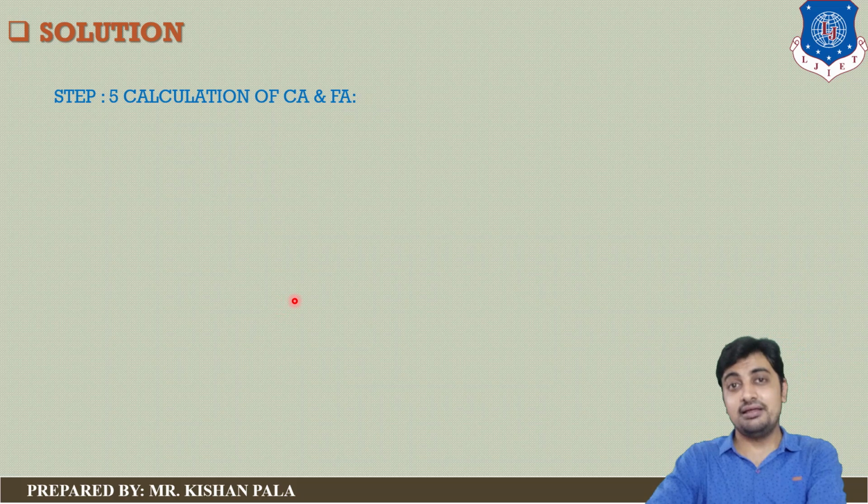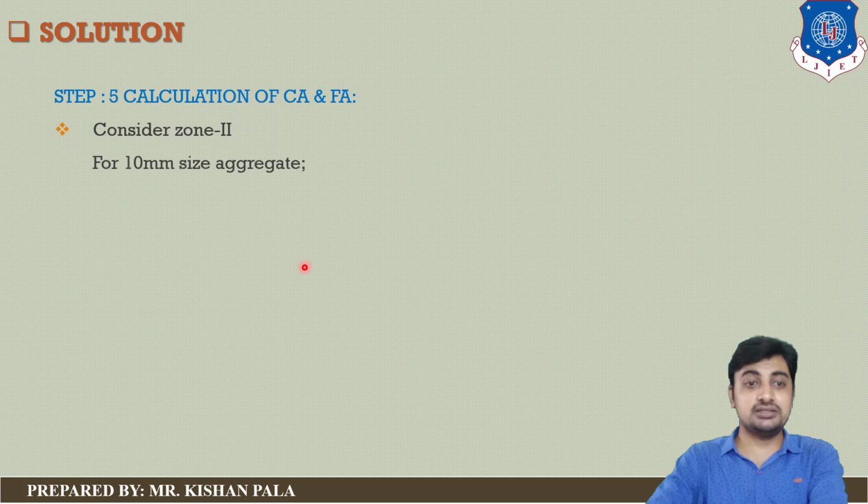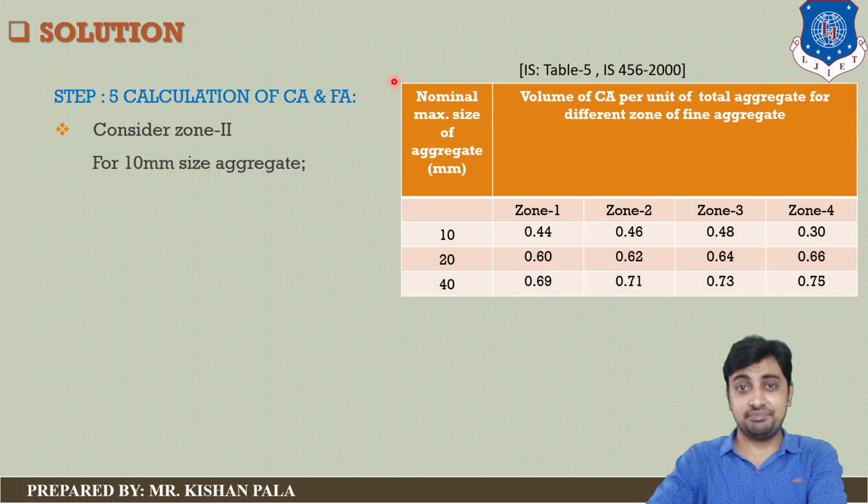In the data we have not been given the zone for this mix design, and I am considering zone 2, but we are using 10 mm size of aggregate, and you can see the table given in the Indian Standard, and in this table you can see the first column shows